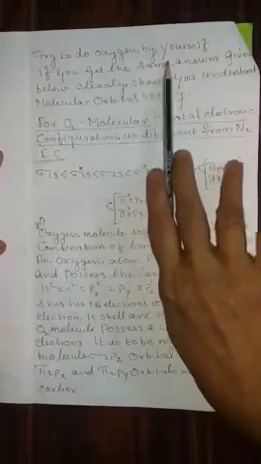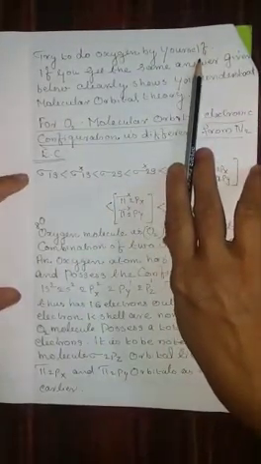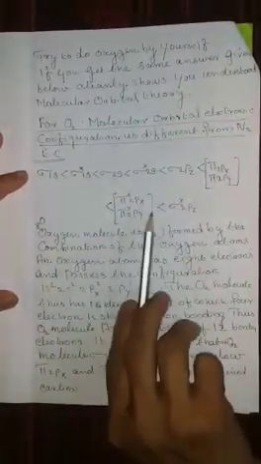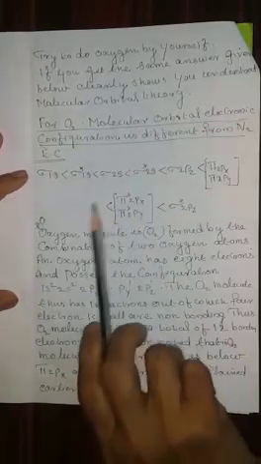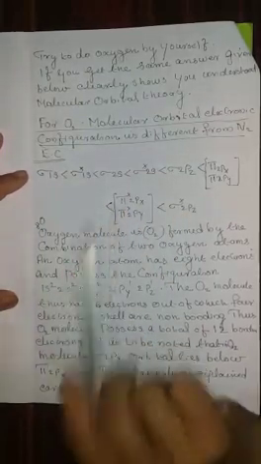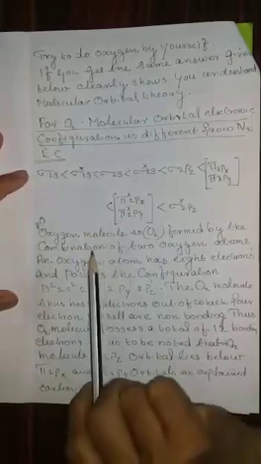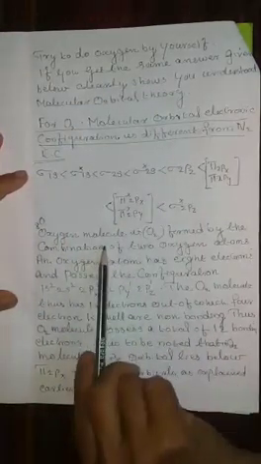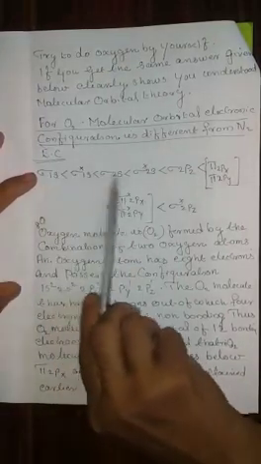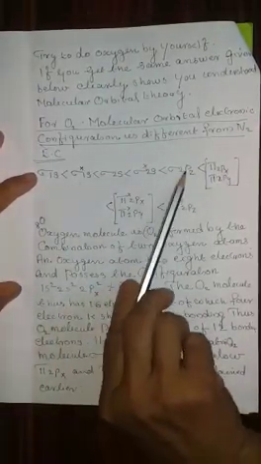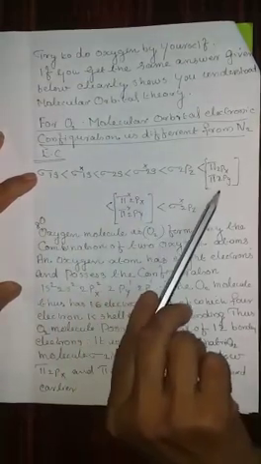Try to do oxygen by yourself first, following all the explanations and discussions that I gave you. For oxygen and fluorine, there is another energy level diagram, different from the one we normally use for nitrogen. We cannot use that one. Therefore, the first step is to write that energy level diagram, in the increasing order of energy. Then you fill it and get the answer.